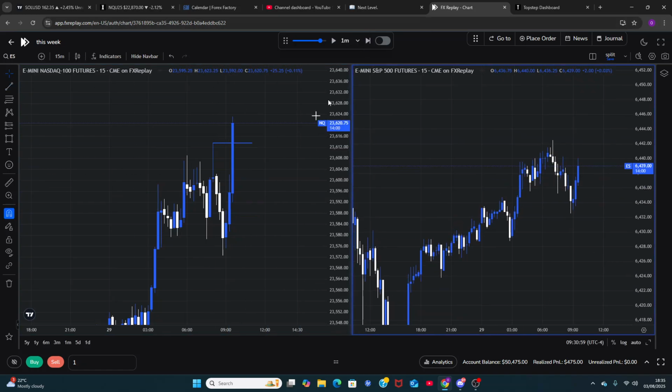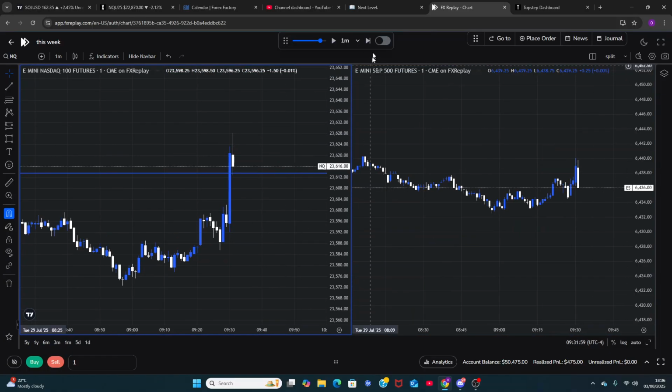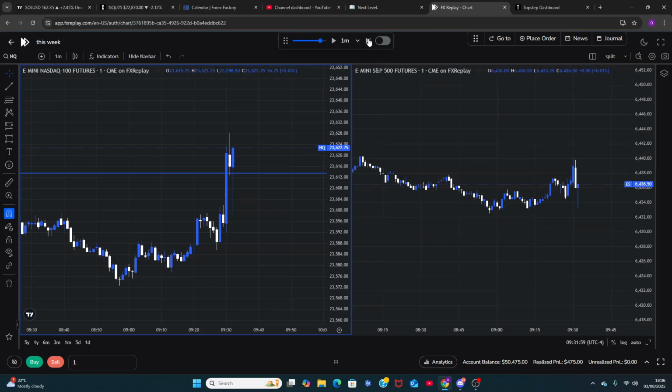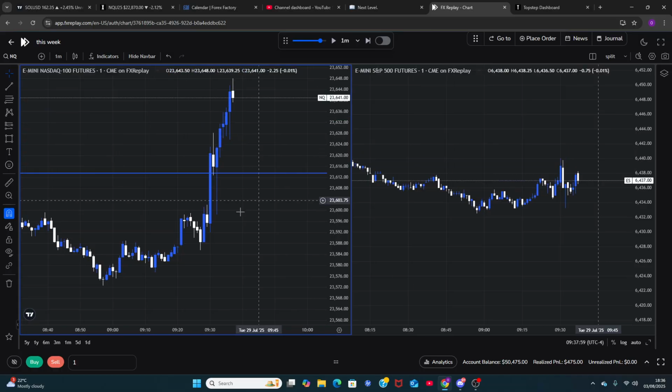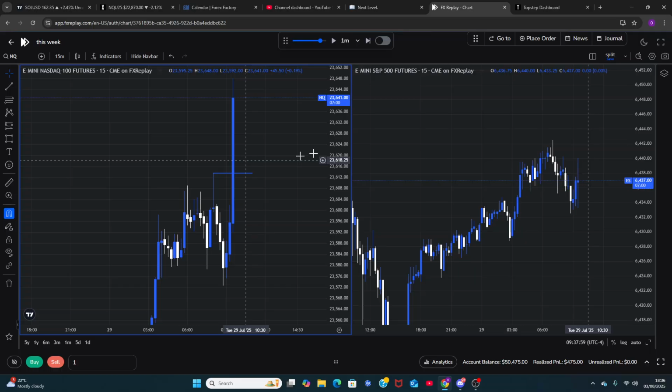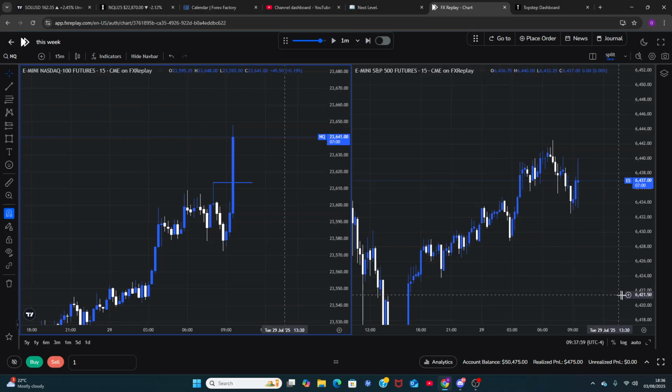Market opens up, takes it out. That's fine. We take out that high. 32, 33, 34, 35, 36, 37, 38. So at this point, I'm pretty bullish, right? Like we're 7 minutes left. We're clearly displacing above this high.